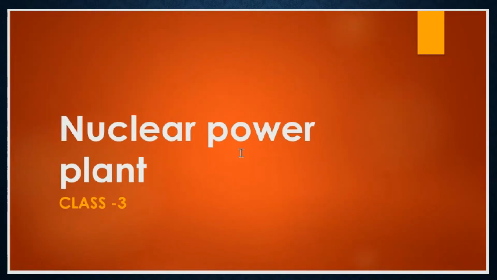So what is the purpose of these power plants? Whether it is a steam power plant, a hydro power plant or a nuclear power plant, these three power plants are generating electricity. While generating electricity, we need some equipment called the alternator and the turbine. What is the purpose of the alternator? The alternator produces the electricity, and the turbine rotates the alternator.